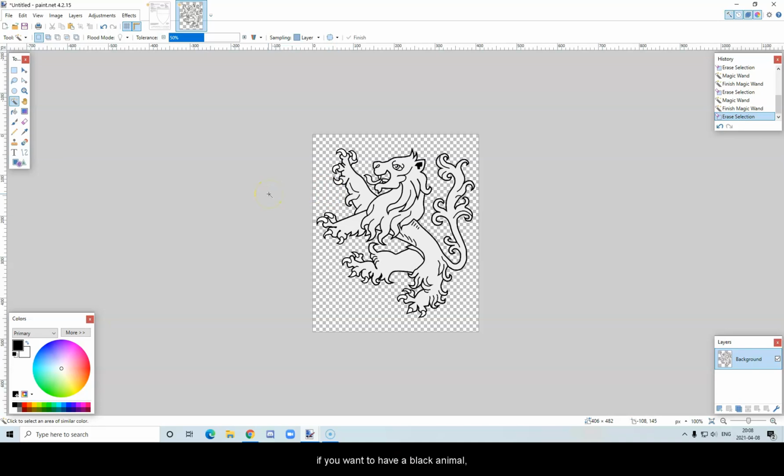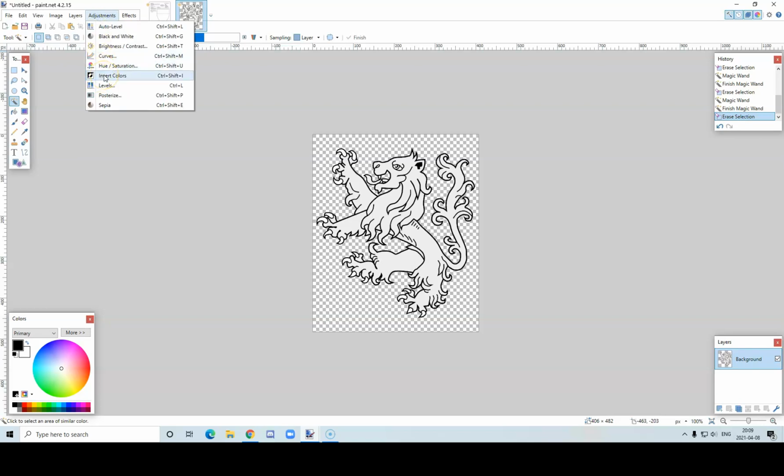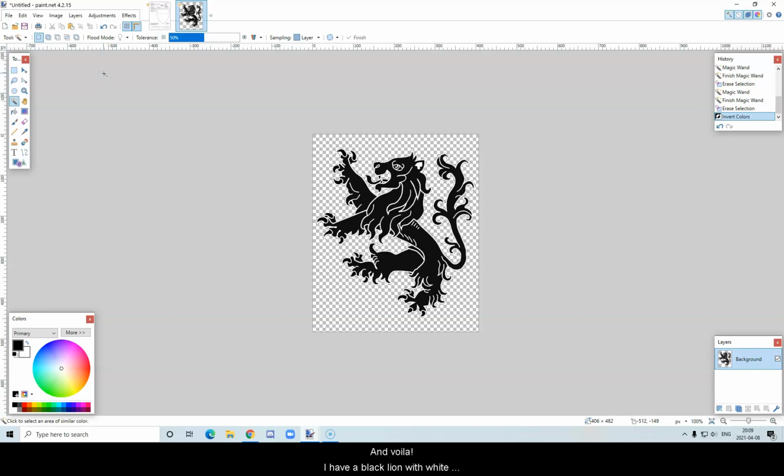Another trick is if you want to have a black animal, you can actually go in and go to adjustments, and you do invert colors. And voila, I have a black lion with white outlines that I can use on my